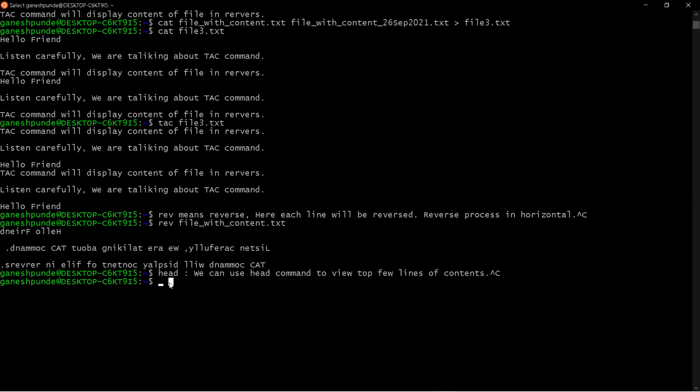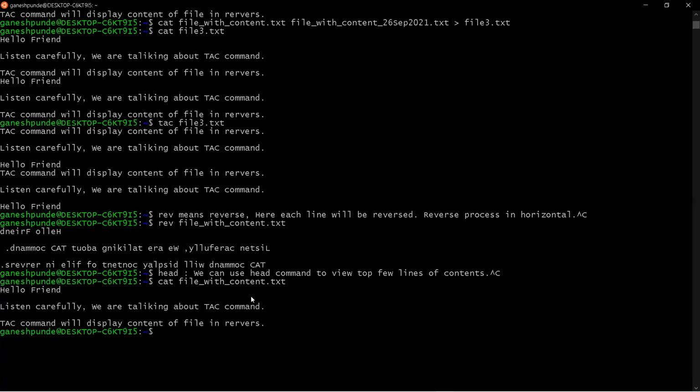So for example, in our file, cat file with content.txt, how many lines are there? There are 3 lines.